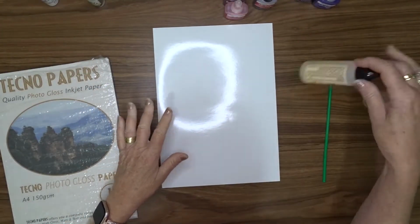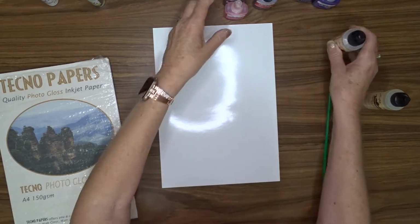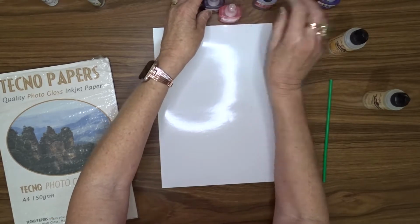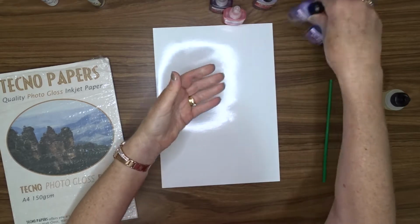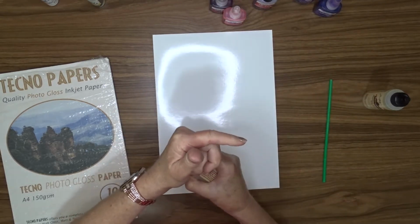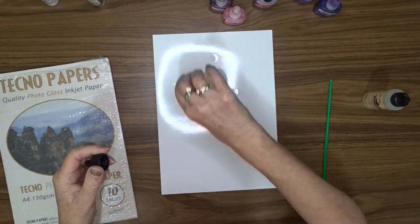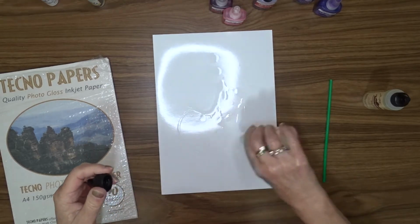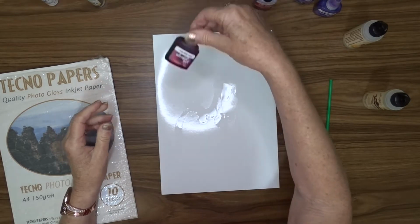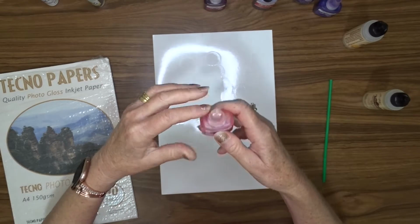Let's get started. I'm going to use an Adirondack blending solution, and I think I've got one of those alcohol inks as well, but I'm mostly using Paper Mill alcohol inks for this project. To start with, I'm going to splash a liberal amount of the blending solution over my page, and then I'm just going to drop drops of colour here and there on my paper and use that straw there to blow